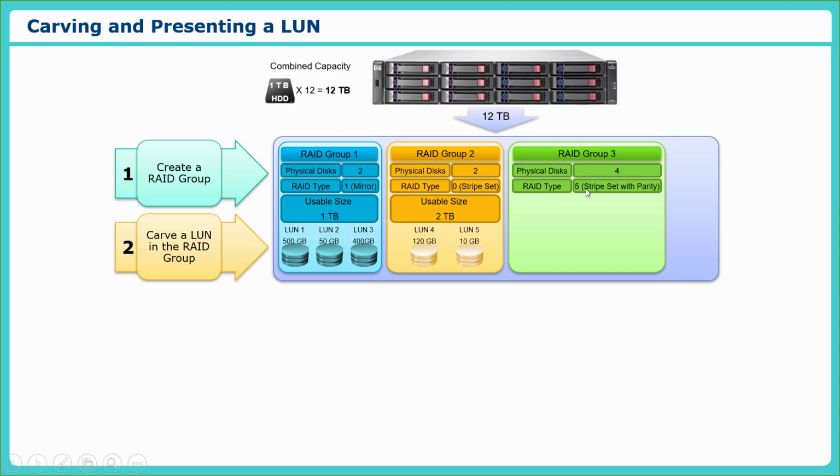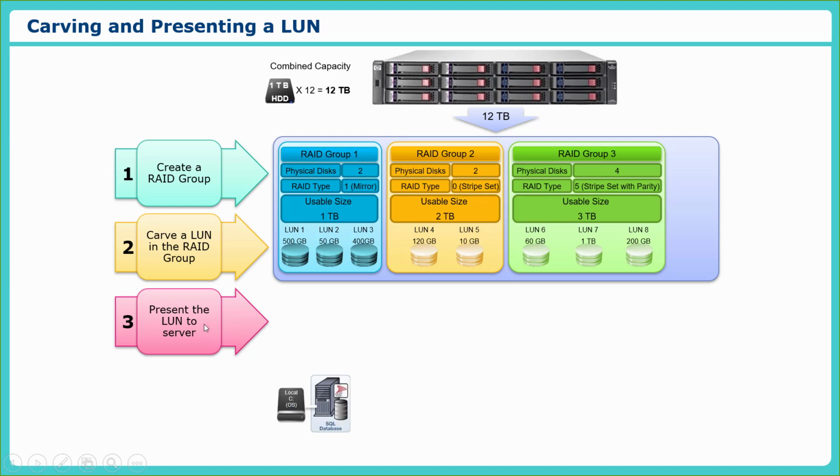I have used here RAID type 5, which is called stripe set with parity. In that case, I get 3 terabyte as usable space, and within that, I just created more LUNs. Now, once these LUNs are ready, my server needs to access them, and that method is called presenting the LUN